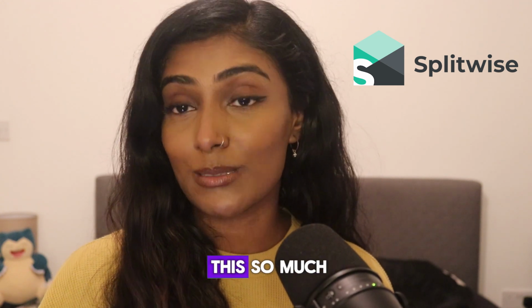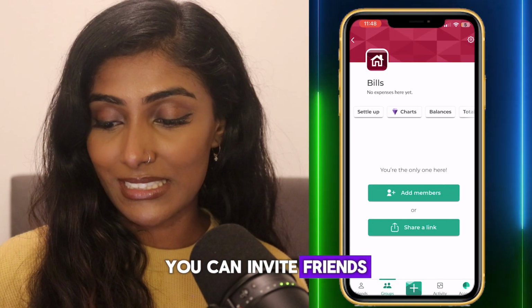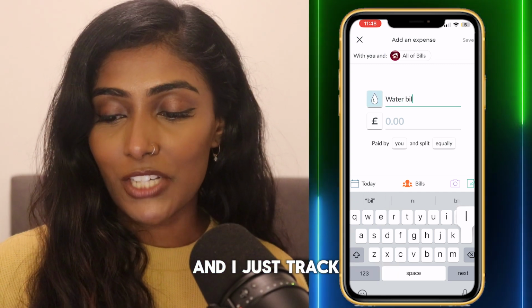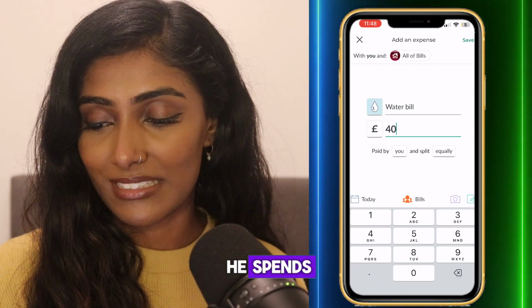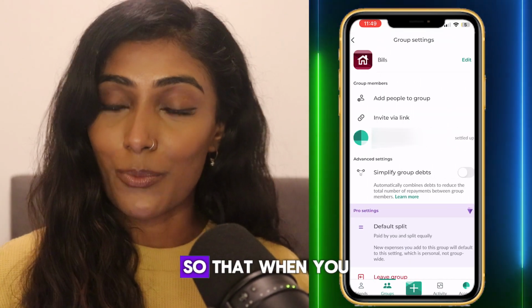The next app is Splitwise, and this is such a great app for splitting bills. I have been using this so much since I moved into this flat. So on here, you can invite friends, you have groups. So I've made a group with just my boyfriend, and I just track whatever I spend or he spends, and then it will just add up everything and say who owes who how much,